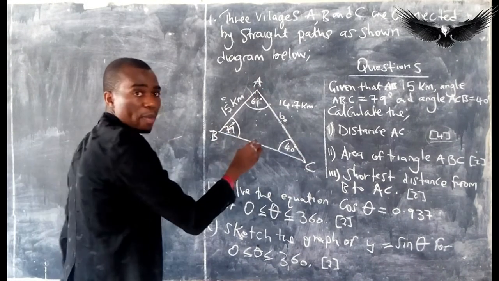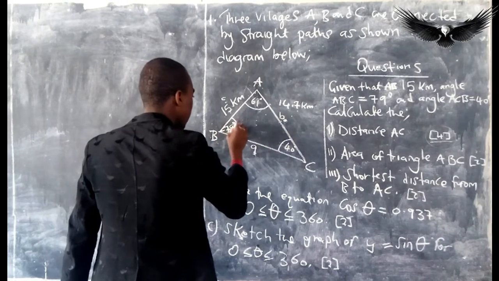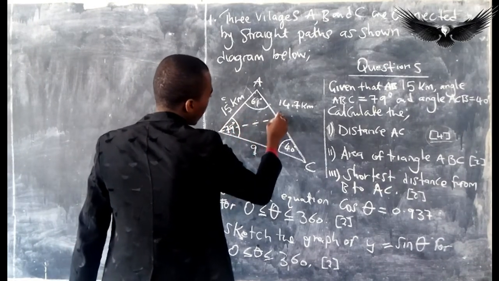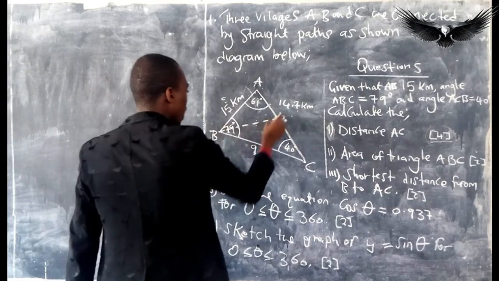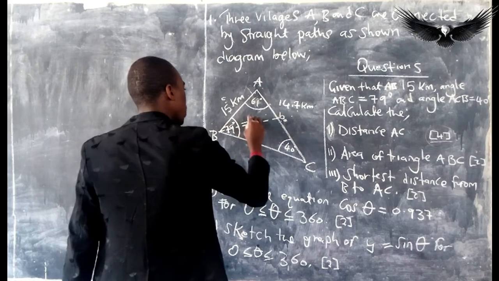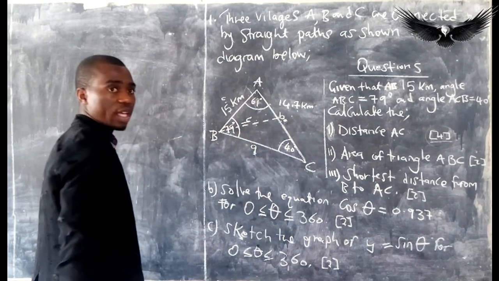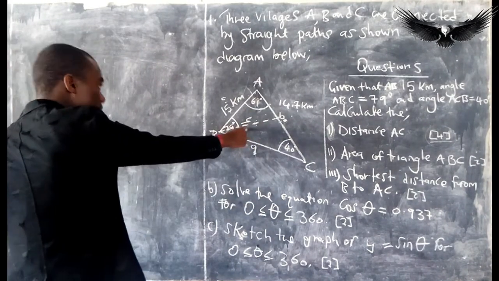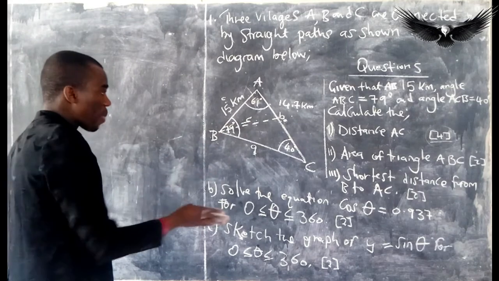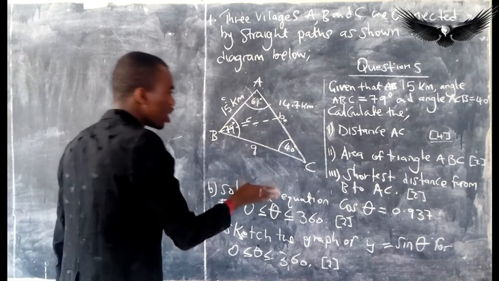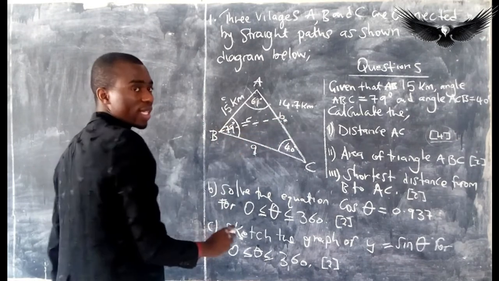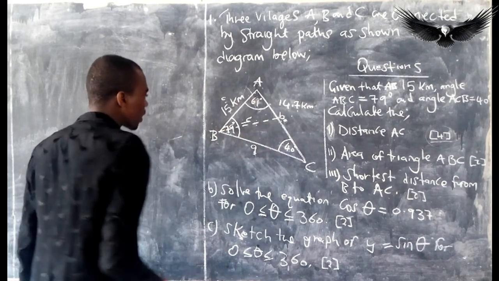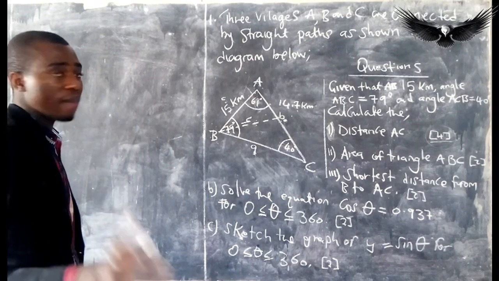So you're going to draw a perpendicular line from there, like that. You draw a perpendicular line. So this is the shortest distance, the distance from here to there. Since it's a perpendicular line, you are going to call this one H. Always remember, when you are finding the shortest distance, you have to find the perpendicular distance, and you call that one H. The moment you do that, there is another formula of the area that will come in,